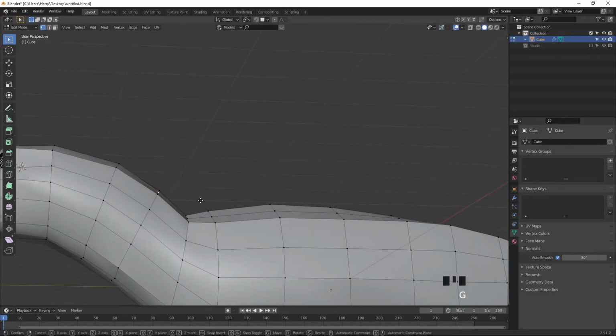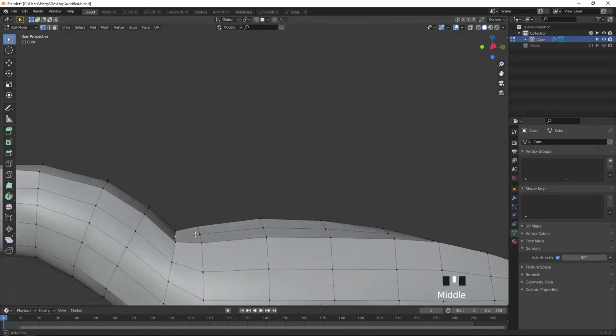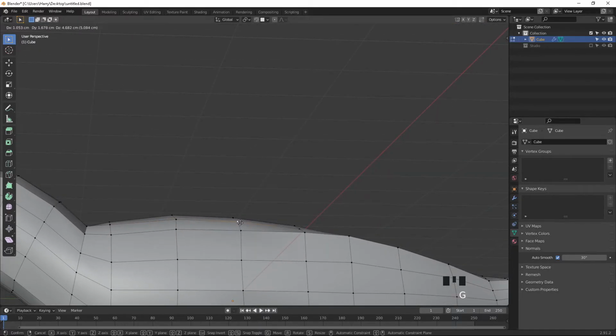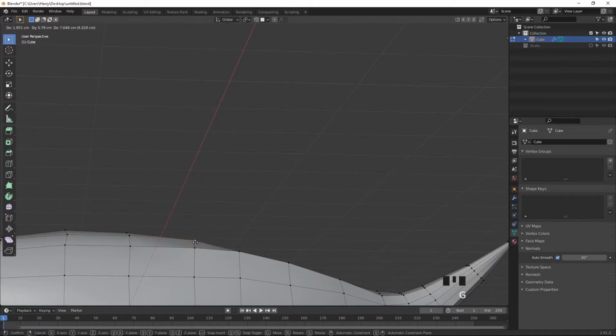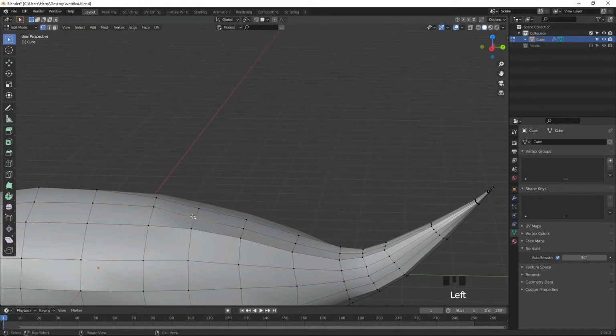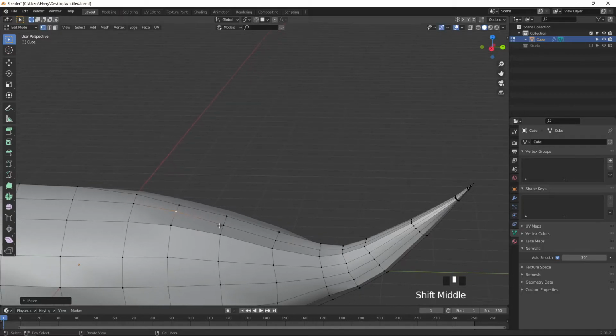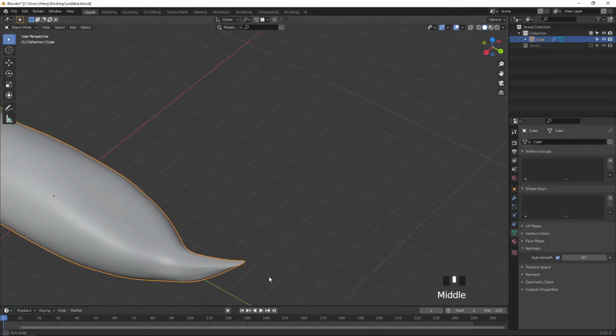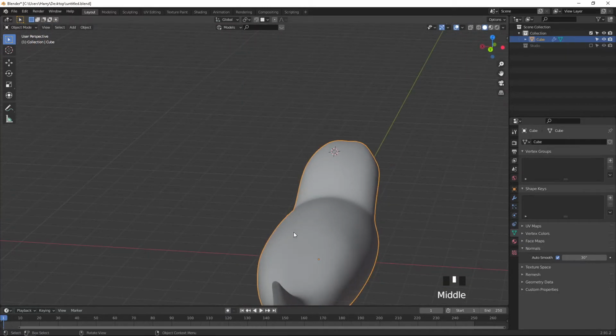Select this one and press G, so you can move this object to get it smooth for us. While moving, you can see the difference in the mesh. It's getting curved a little bit. Okay, this is fine.